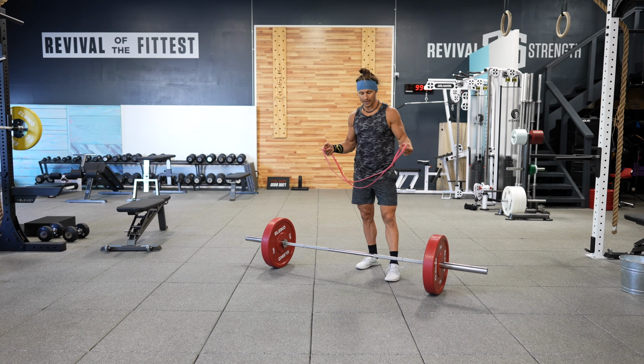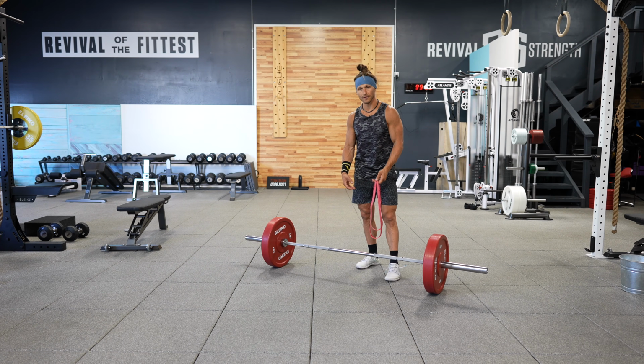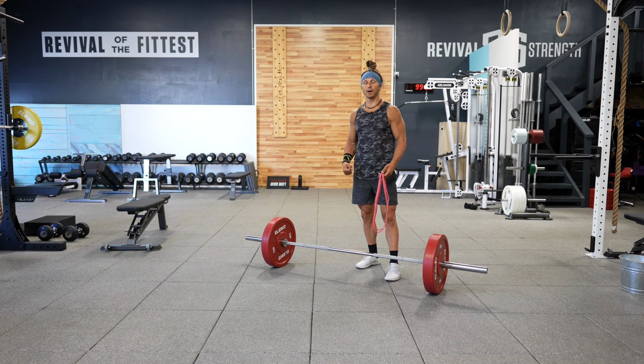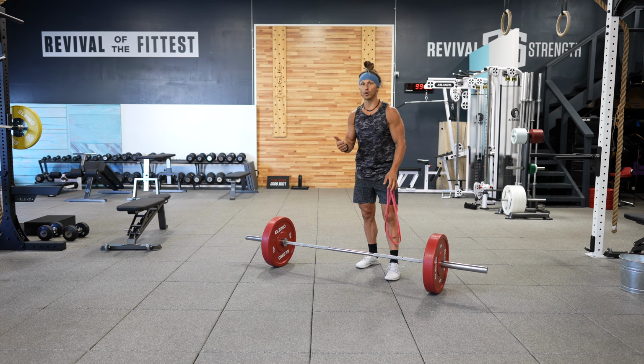Banded deadlifts and banded resistance training is also known as accommodating resistance training, which means that the bottom of the repetition of the exercise is going to be lighter than the top of the exercise. That's because as the band stretches, there's more tension at the top than there is at the bottom. This has benefits for improved positioning, strength at the top or at lockout, as well as developing acceleration and speed